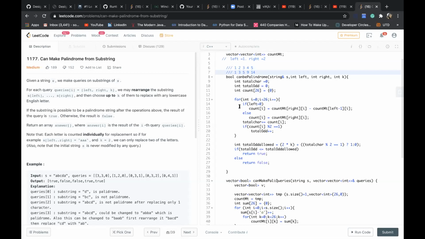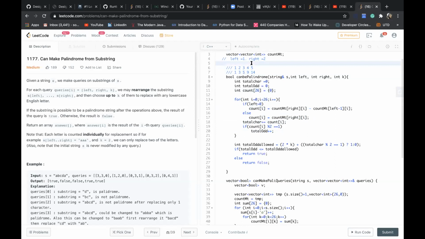Yeah. Here I've done that, and I've also calculated how many characters there are in this final count array, which I've initialized to 26. Then I also calculated how many characters have an odd count.